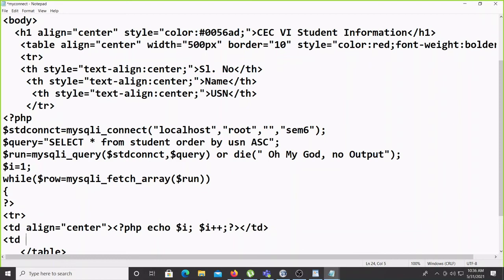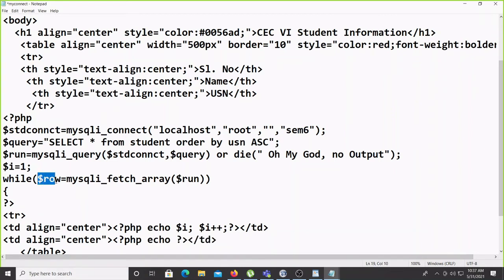Second td align equal to center, and in this td we have to display the name of the students. So I'll display here, so PHP this once, and echo, see displaying how, that is very important here.